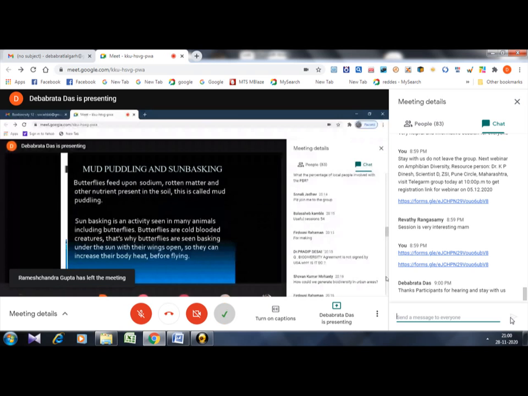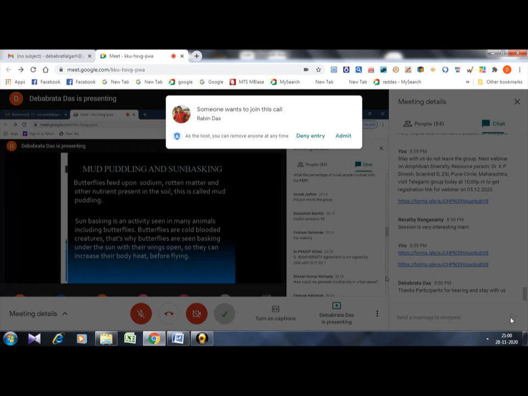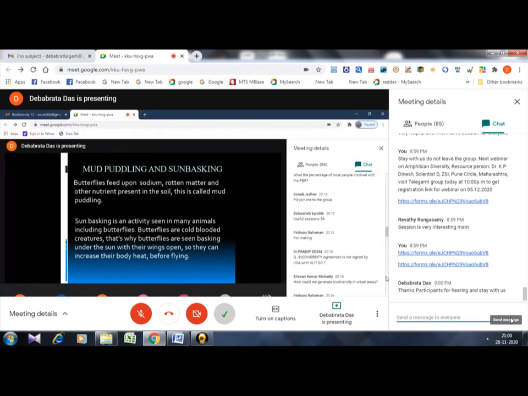cramped. That's why the butterfly sits on an open surface, exposes itself fully to the sun, and then rests there for some time until its body temperature gets perfect. A butterfly has to reach 85 degrees before it flies away. So you can see the picture here.